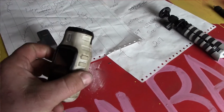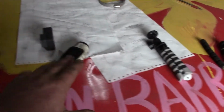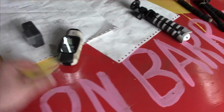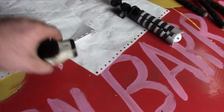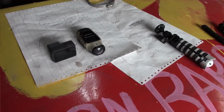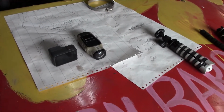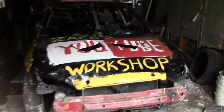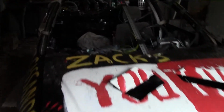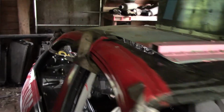Now let me show you the mounts and where I put them inside my car. I'm planning to do something a little bit different. If I'm only running one car, I'd like to have one facing backwards and one facing forwards, maybe even on the same mount, but we will see. But let me show you what I use right now inside of a car. A couple of you guys will remember this car from our Brooklyn Demolition Derby, and I did have an in-car video on this. Now, as you see, these tech screws coming through the roof right here